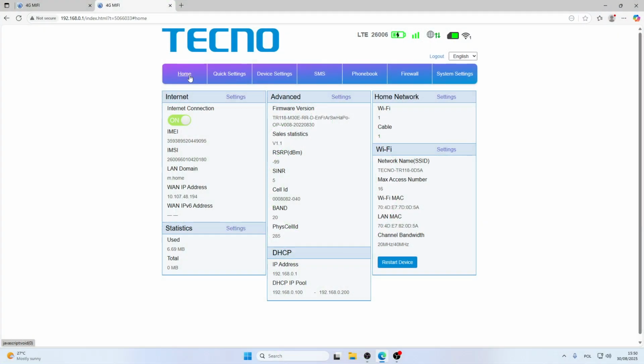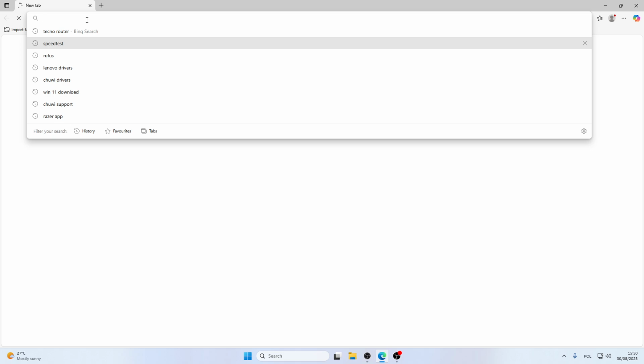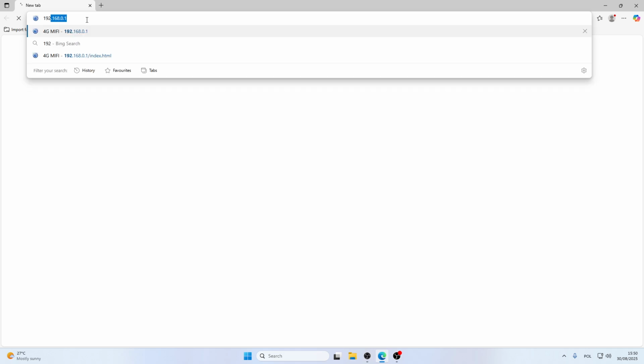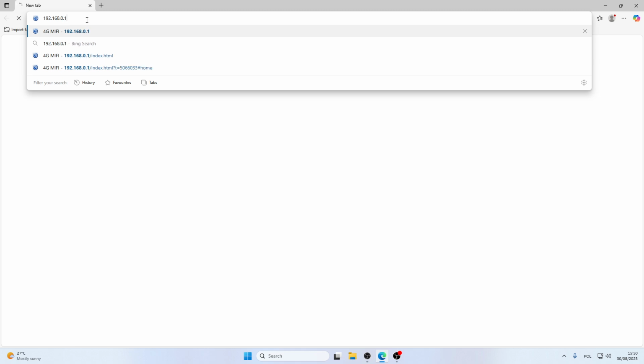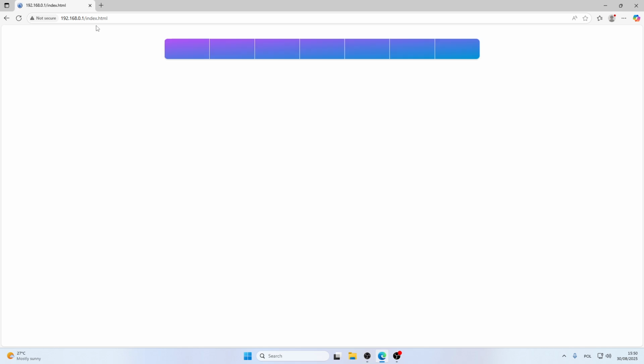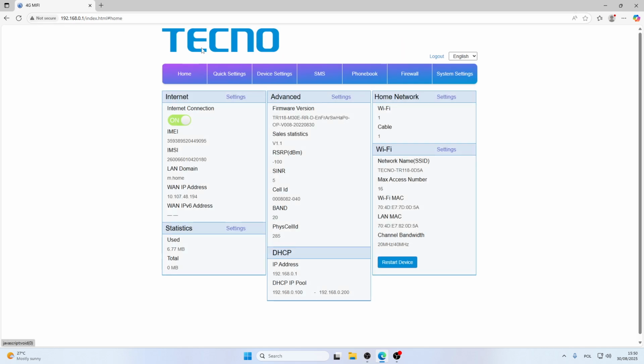So if you want to disable main NAT, the first thing that you want to do is go to your admin page. You can access it by just typing in the IP address. You can usually find it on the back of your router if you haven't changed it. So 192.168.0.1 is the default. You need to access it through the browser, and after that you might need to